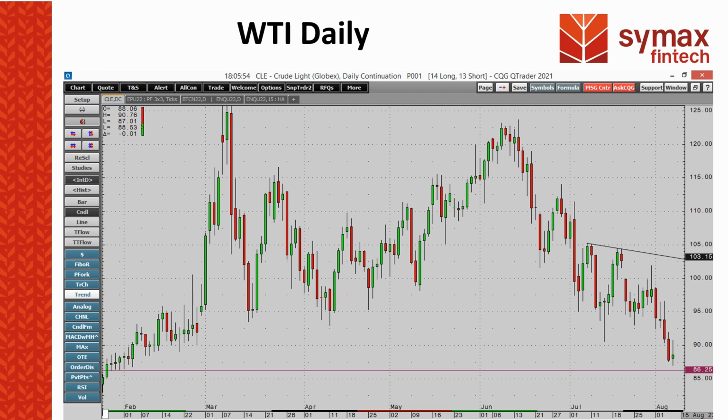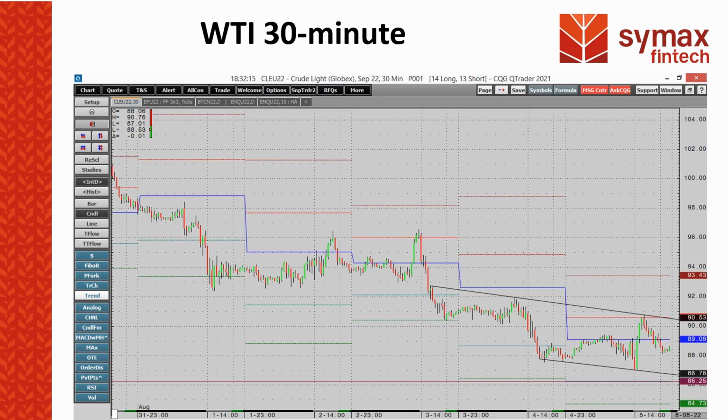I put a support level in there just around the 86 and a bit, so let's see what happens at the beginning of the week. Just be a little bit careful with oil, it is volatile. And finally, here's the 30-minute. As you can see, I've got it in a slight downtrend there, but I can see some support resistance around,